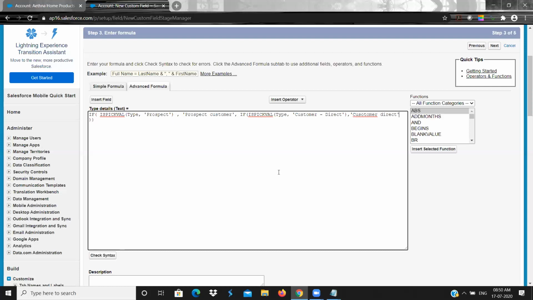If it is false, I need to go for another if. In this if, I first need a condition, which is this one. And then I want an if value here.